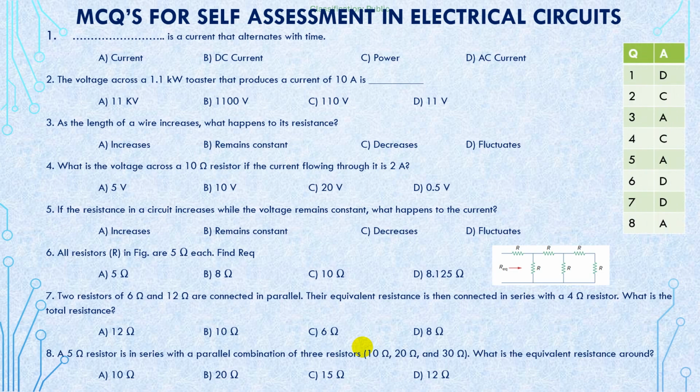So these are the answers. First one is D, that is AC current. Second one is 110 volts and increases when length increases. Then C, that is 20 volts. Then A, that is increases. Then D, 8.125. Again D, 8 ohms. Again A, 10 ohms. So like this, for the series parallel combination, Ohm's law and power, the questions will come. So next step, we will go for the